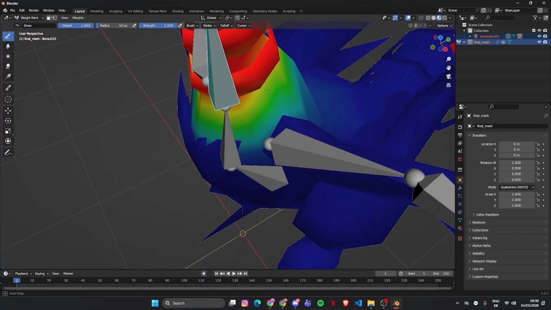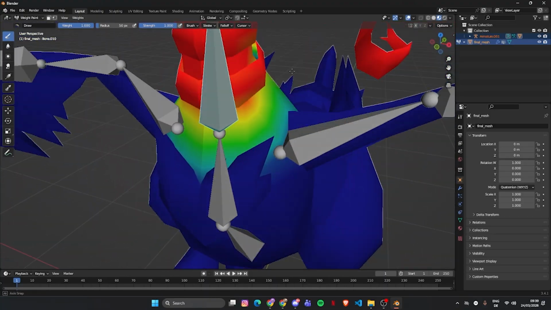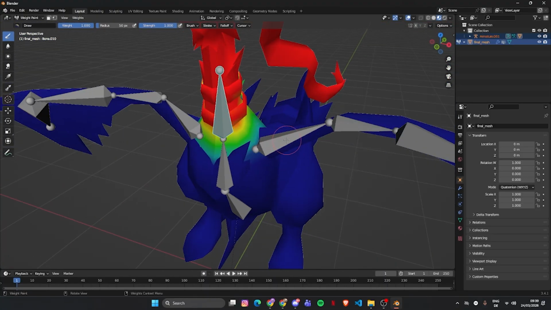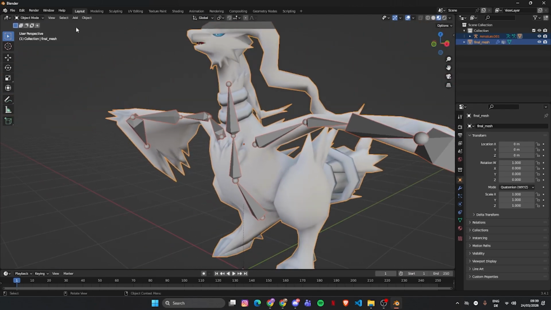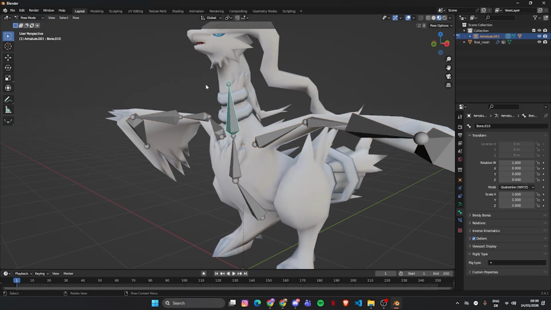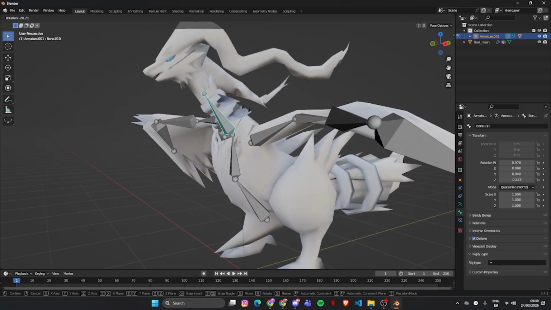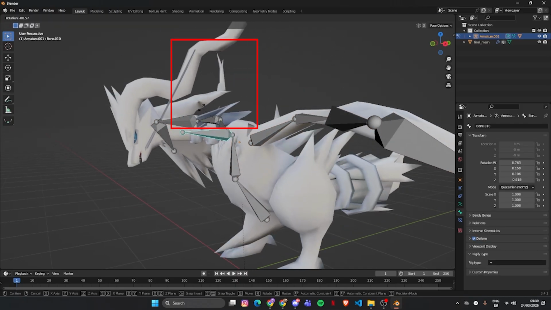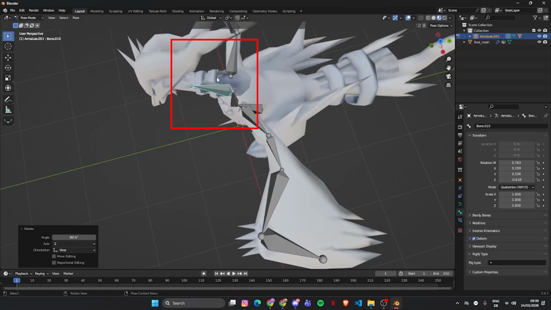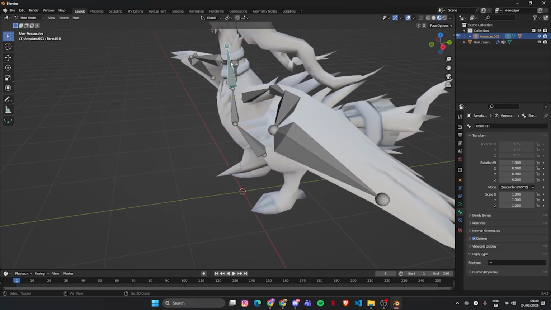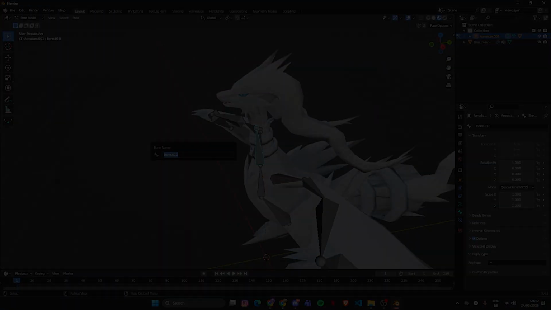Now it should move a little bit more appropriately to the bone. So we're gonna jump back into object mode, and we're gonna select the armature and select pose mode. And now as you see, it moves better, but there's some weight painting that I missed, so it's not moving completely with the character, but you could fix it like that.